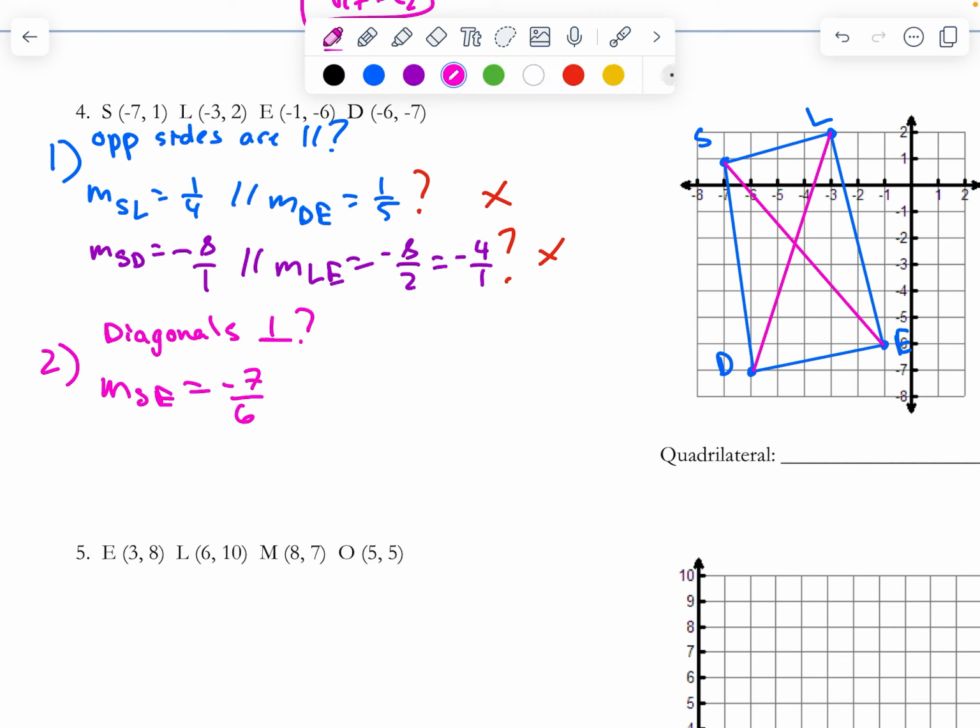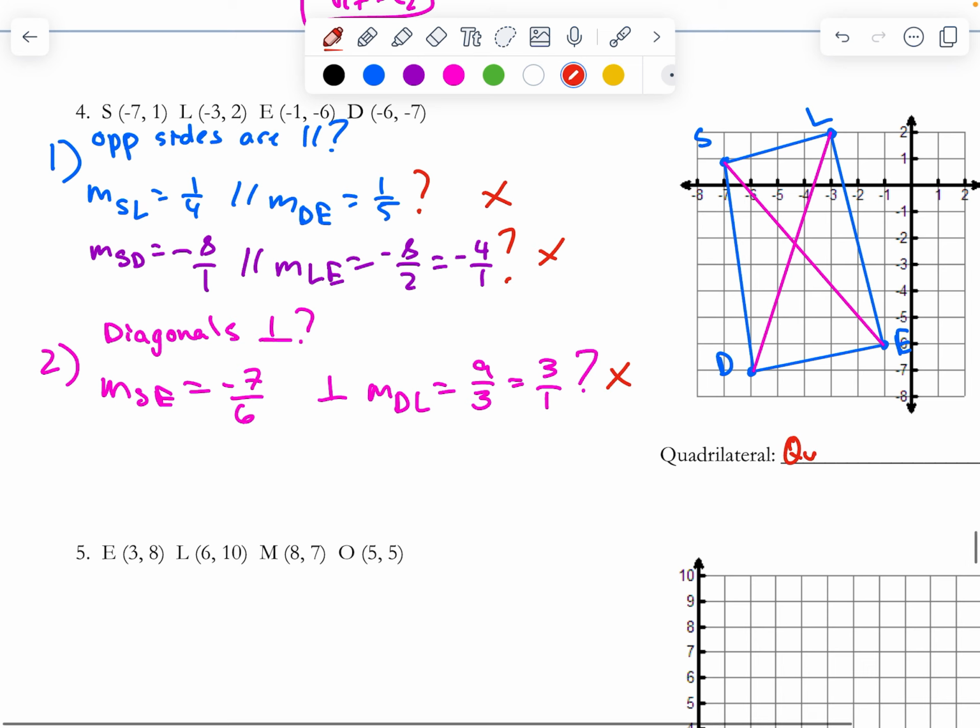All right, so now let's take a look at DL. Is this perpendicular to SE? 1, 2, 3, 4, 5, 6, 7, 8, 9 over 1, 2, 3. Positive 9 over 3. Hey, that's 3 over 1. Yeah, that doesn't look perpendicular at all, right? So because these are not perpendicular to each other, here we would just say, okay, these are not perpendicular, therefore this has to be a quadrilateral,